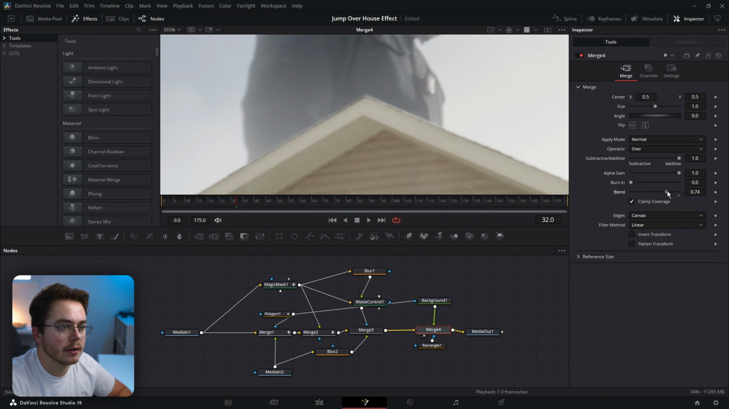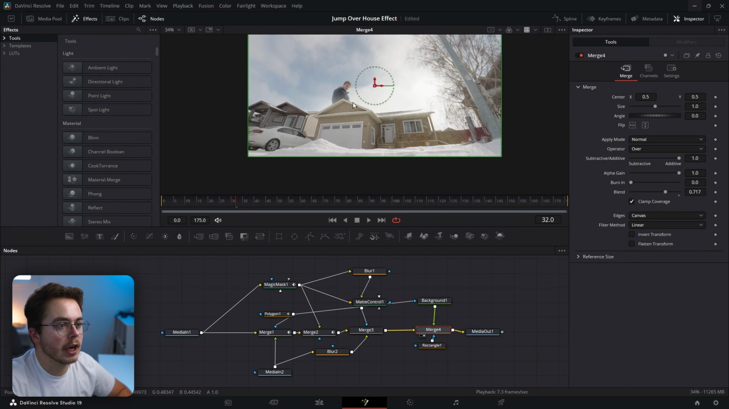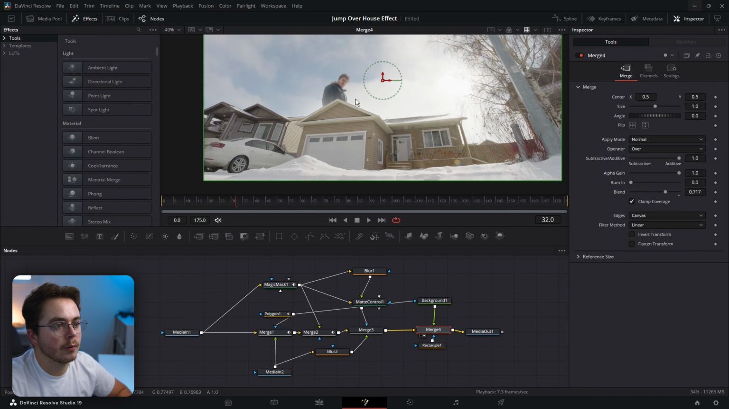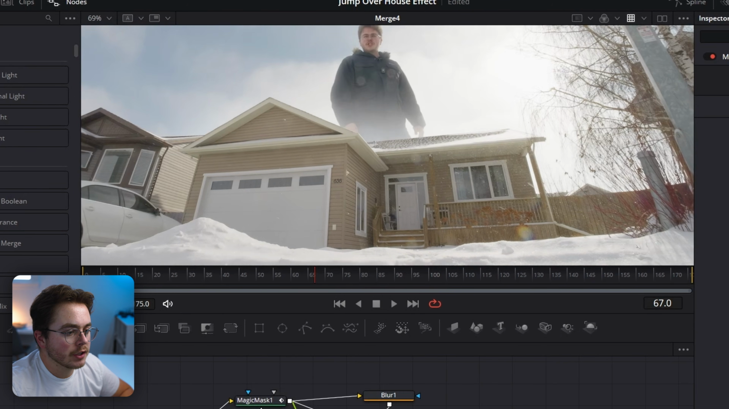So let's just turn it down a little bit, maybe around there. And now we are a distant giant behind this building. We look like there's a lot of snow in front of us and a lot of atmosphere in front of us. Now we have these effects, but as you can see, once we actually jump over, which is gonna be right here,